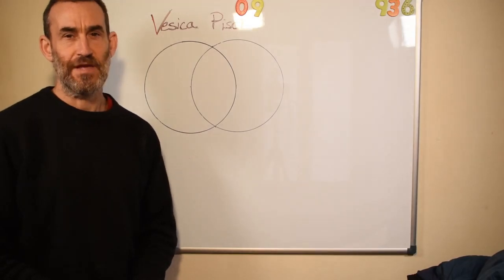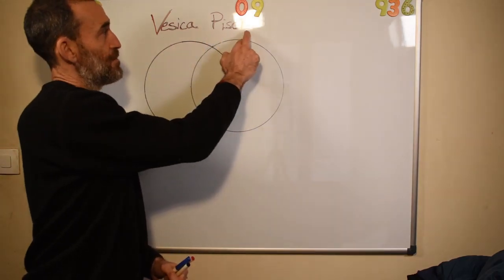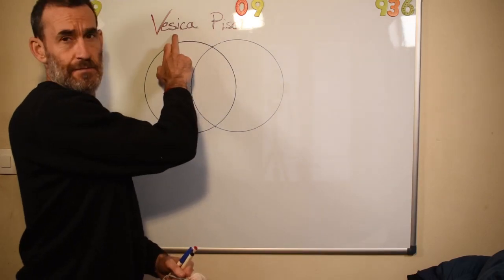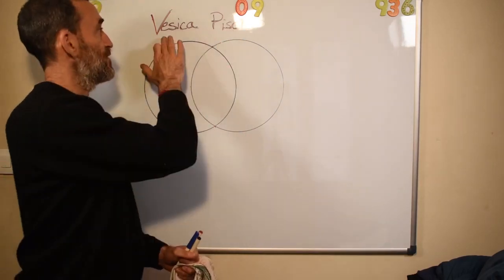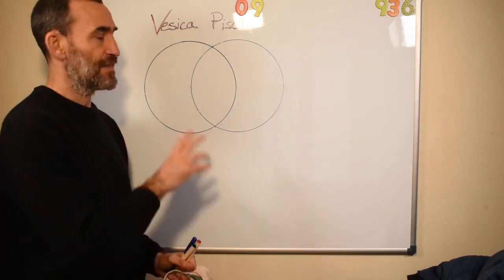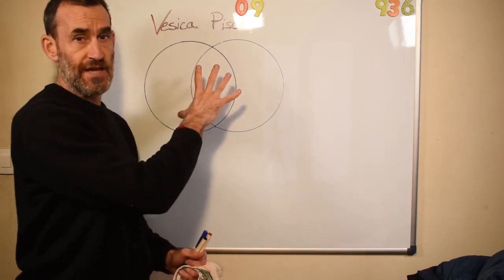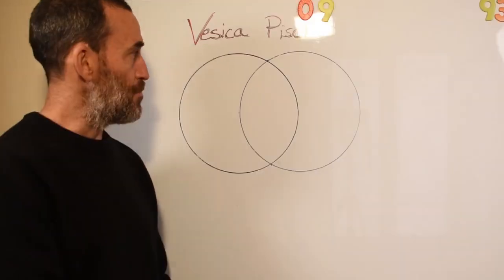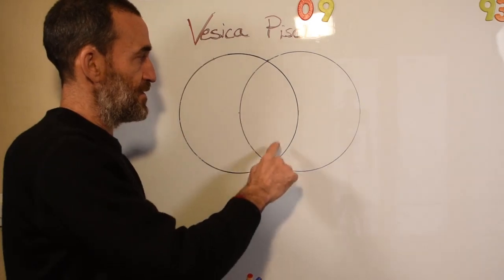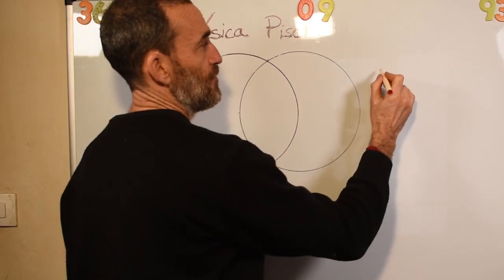Welcome to this video. This video is basically going to be focusing on the Vesica Piscis, the fish bladder. Pisces, like Pisces the fish, and vesica is like the vessie in French, which is the bladder, and I think that's allegorical to an actual visual representation of a fish bladder. But also, for me, this is the symbol of the third eye, and it also makes me think of the